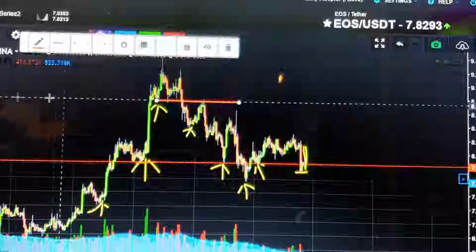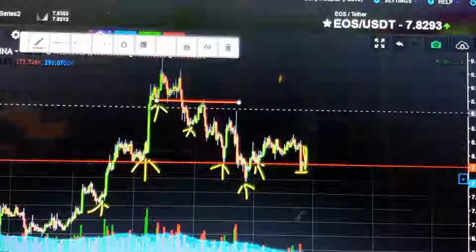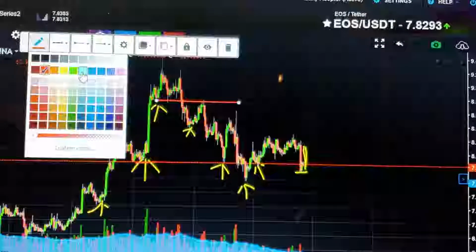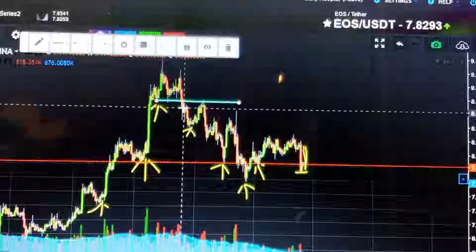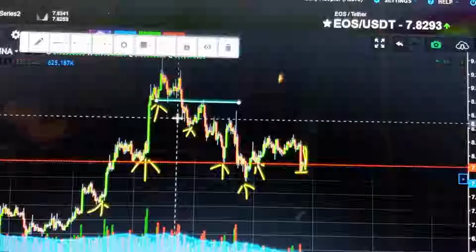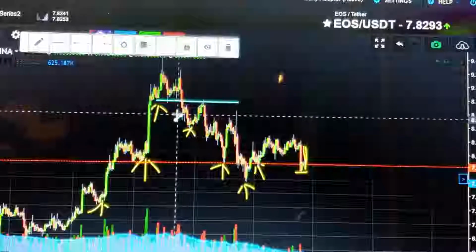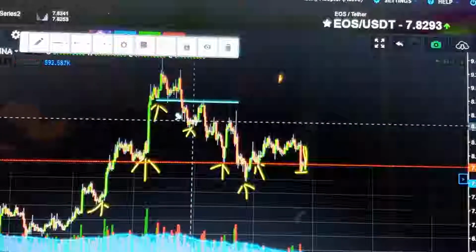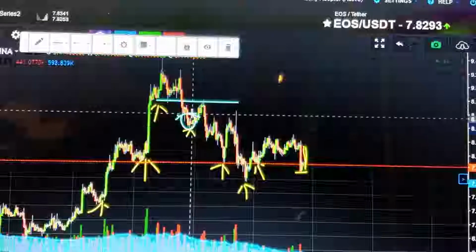So now what happens when it cracks that base? Cracks the base. So now basically you're free to buy this whole area right here,